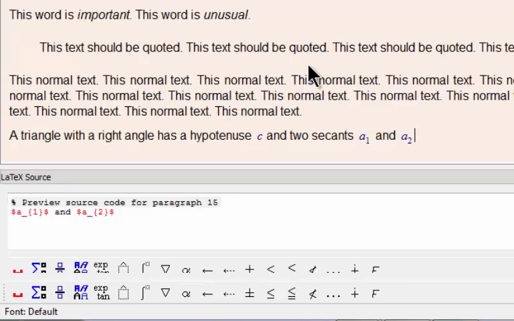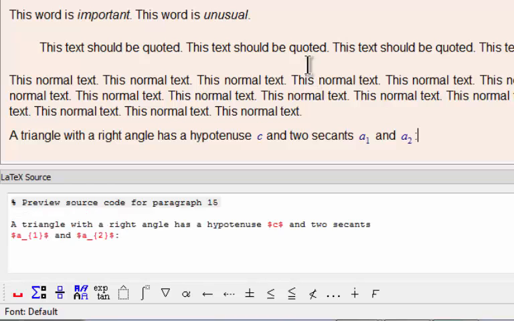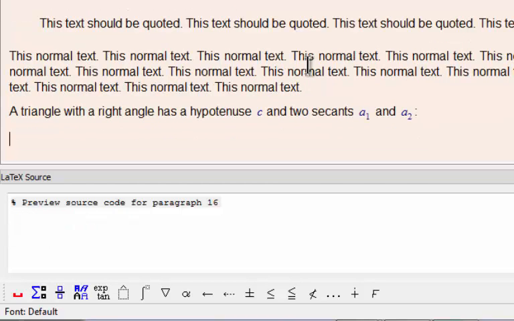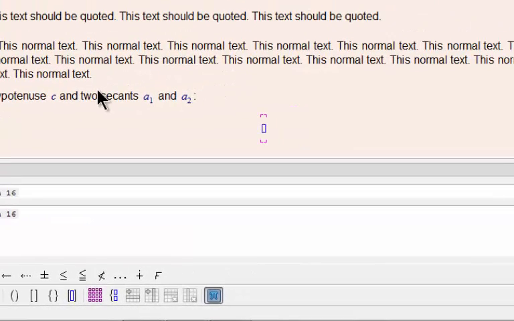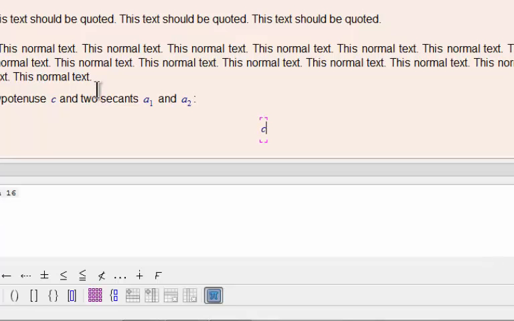Now I hit return and I want to type a formula that has its own line and potentially a number. So what I do, I hit Control Shift M and you see I'm in formula mode. And now I type the formula, which is for the hypothesis C, and then to the power I use the accent sign, that one over above the 6, C2. Now I move to the right to leave the superscript mode and I say equals,